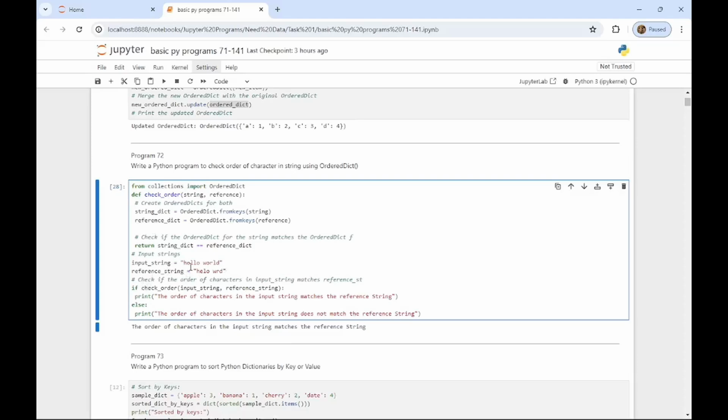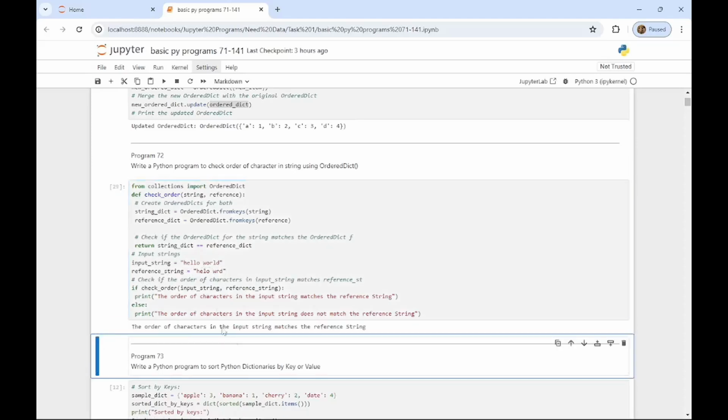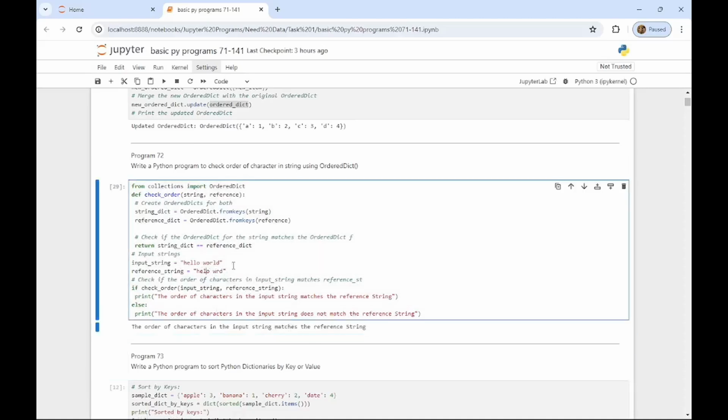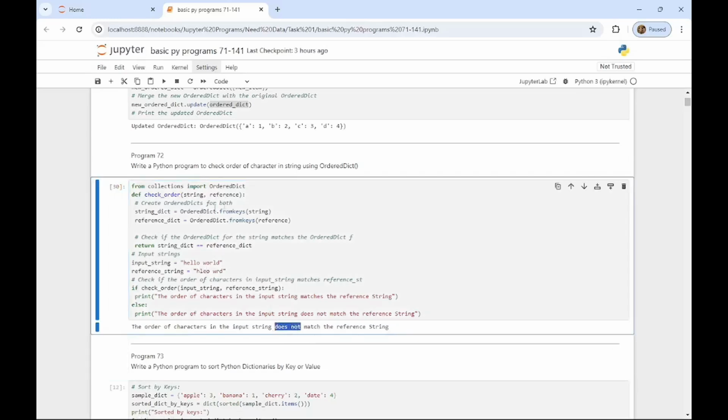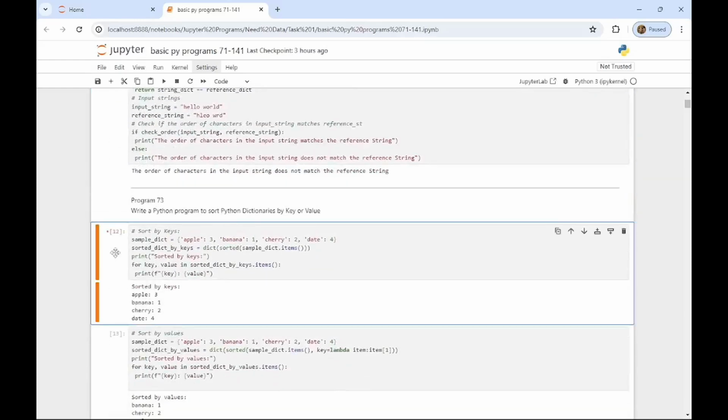In this, we'll be checking if the order of the keys is equal. So this prints the result as true if they are equal. If I change the order, like LE, then it doesn't match. So that's the question. The next question is to write a Python program to sort a Python dictionary by key